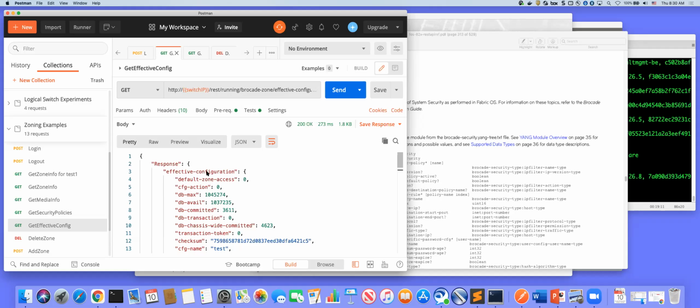And in this case, effective configuration is another key, and the value is all this information. So you can see here, we can get nested containers to allow me to have many levels of information. Finally, I get down to a key called default zone access, and this key has the value of 0,